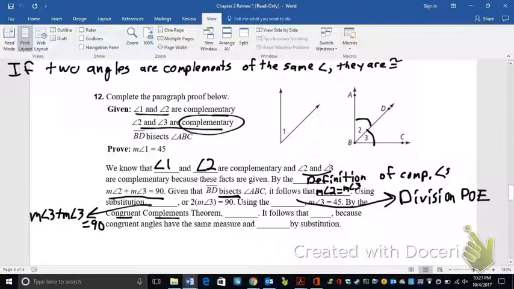Well, if we look up at our givens, we see that 1 and 2 are complementary, and that 2 and 3 are complementary. Notice those 2's there. So we can skip the 2's and we can say that 1 and 3 are complementary. Or that 1 and 3 are congruent because they're both complementary to the same angle. So if we know that 3 equals 45 and 1 and 3 are congruent, it follows that the measure of angle 1 also equals the measure of angle 3. Okay? Because congruent angles have the same measure,